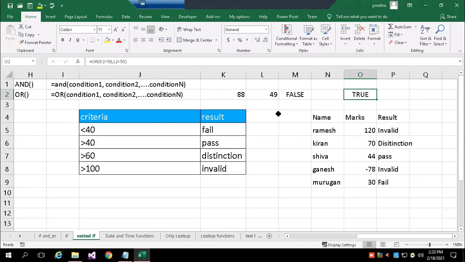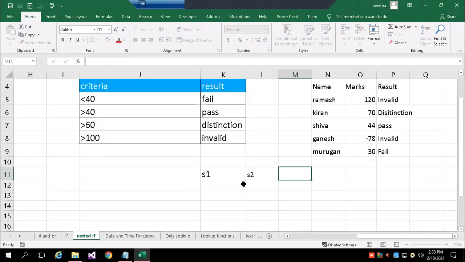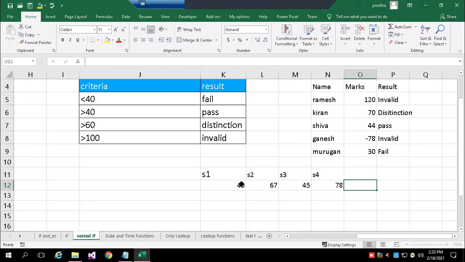For example, I give 5 subjects for the students, where for example subject 1, subject 2, subject 3, like that. Here I mention the marks of that student. When I want to give the result, my criteria is if all the cell values are above 40, then I want to give the result as pass, else I want to give it as fail.